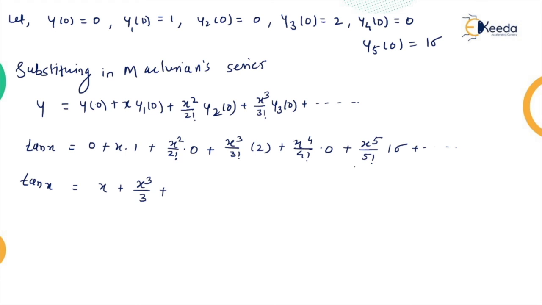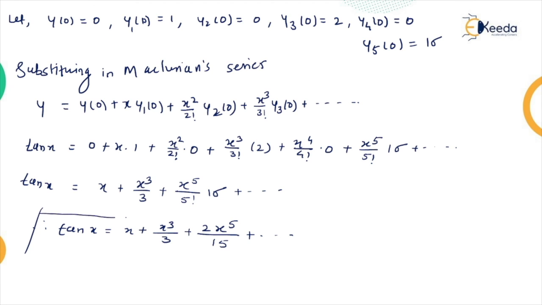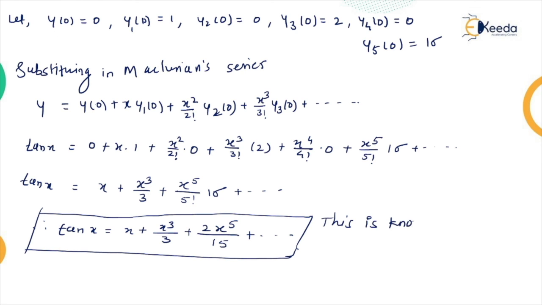So I am writing here: after the calculation, this can be written as x raised to 5 divided by 5 factorial into 16, plus and so on. Therefore tan x is equal to x plus x cube upon 3 plus 2x raised to 5 upon 15, plus and so on. This is the series expansion of tan x, known as the tangent series